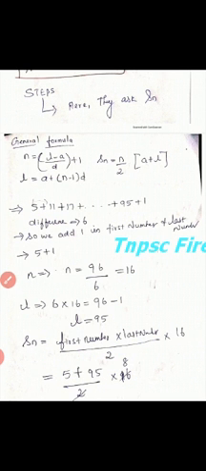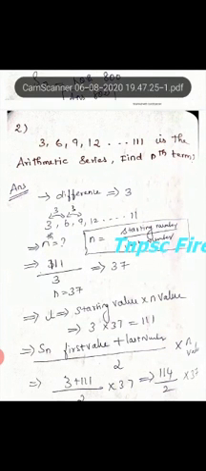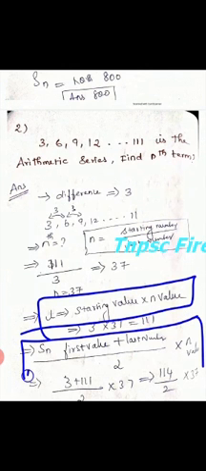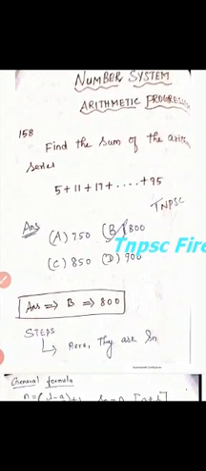You have a small trick. You use the small trick. What I say here is n equal to starting number divided by last number. L equal to starting value into n value. Sn equal to first value plus last value divided by 2 into n value. First value, what is this here? 3. You put 3. These are all the small tricks you have to use for the number system, in arithmetic progression.